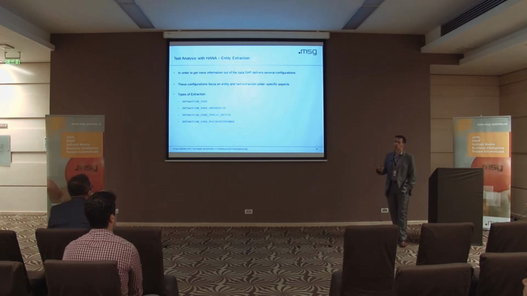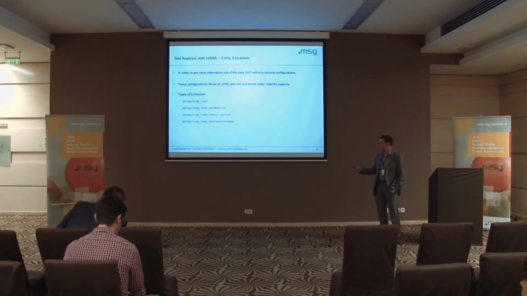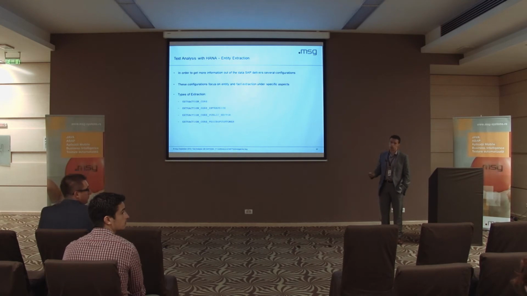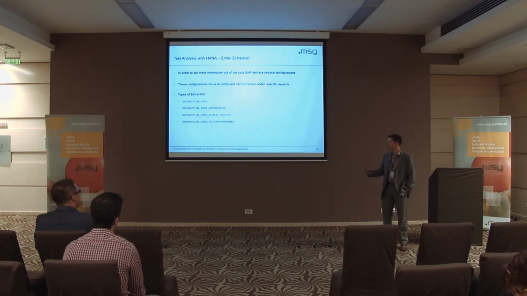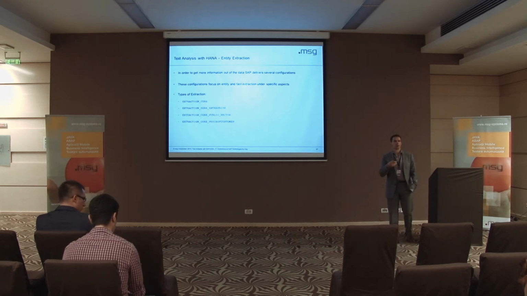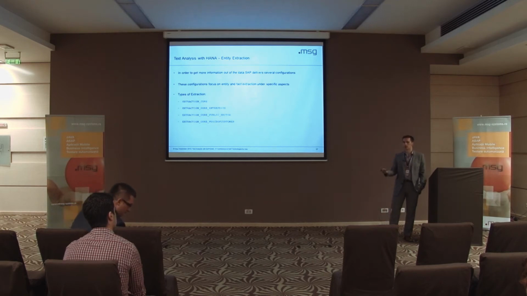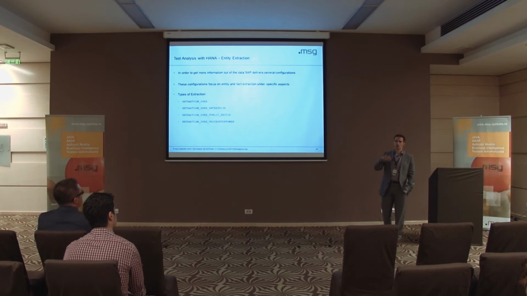So we have one extraction core, which is a very, very basic extraction functionality. It's more the pillar in order to build other extraction configurations. And then we have these three additional extractions that come with SAP HANA out of the box. You have Core Enterprise, which you can use to make some analysis on stock market, for example, or from market information, one company buying another company. It will extract all the relevant information, which company is the buyer, which company is the one that is bought, and so on. Then you have Extraction Core Public Sector.